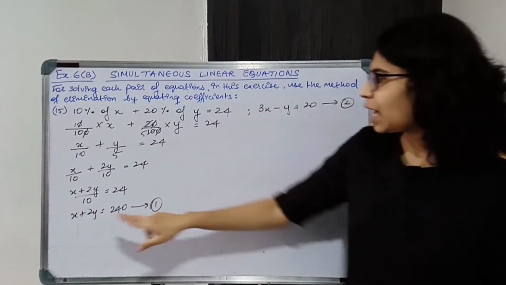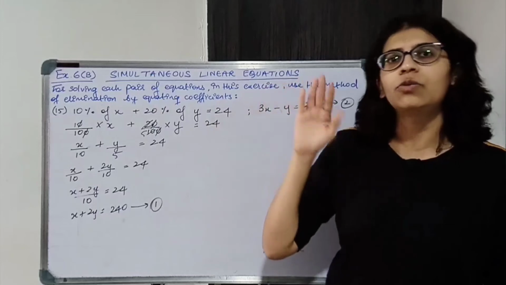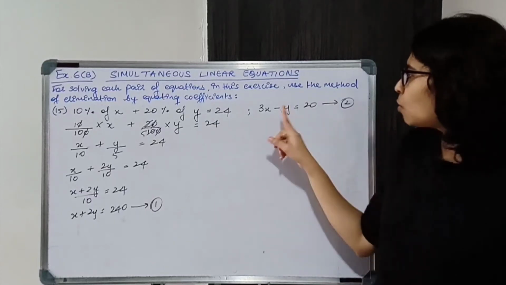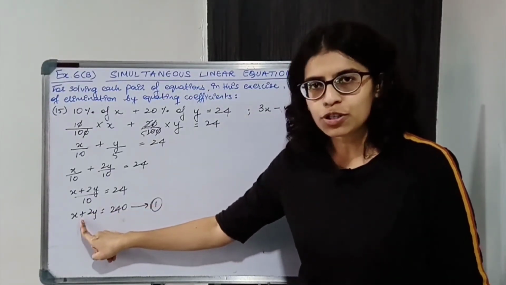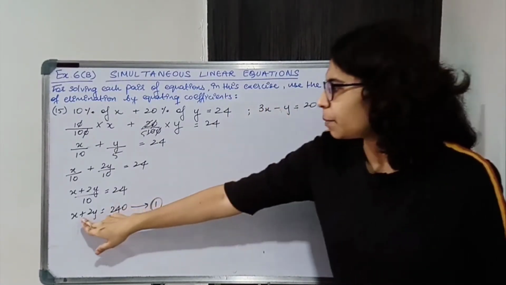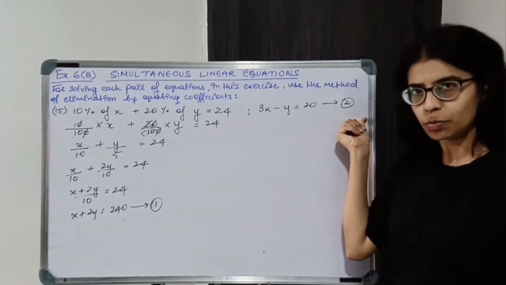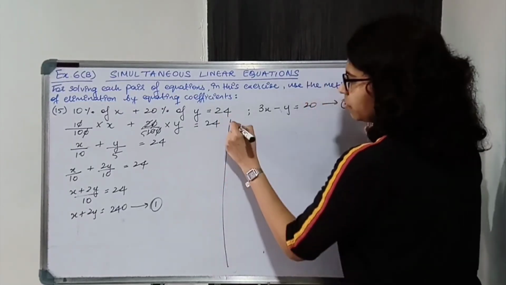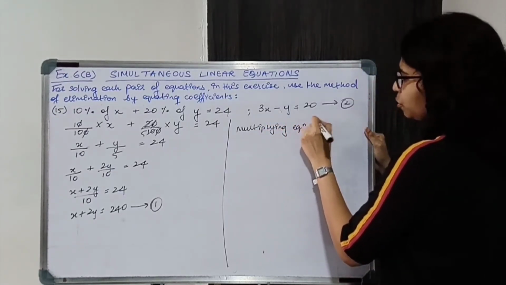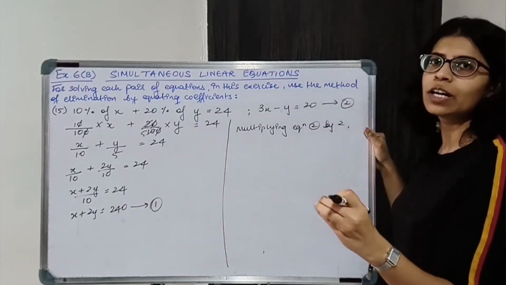So what I am going to do, I'll make the coefficient of y equal. Where you see opposite signs, try to make that coefficient equal. It will become easier to solve. You will just have to add the equations. So y here is negative, here it is positive. I'll make this as 2. Here there is 2, so I will make this also 2 by multiplying the entire equation by 2. Multiplying equation 2 by 2.